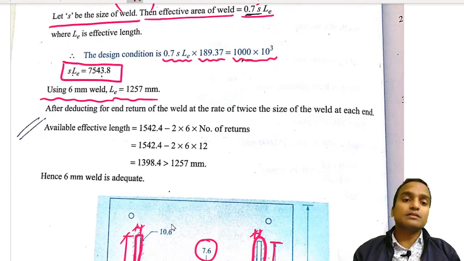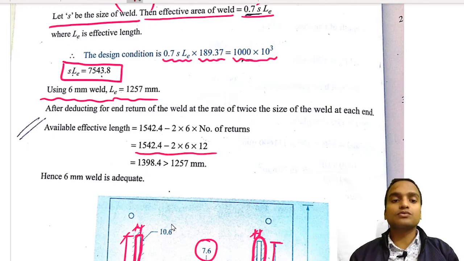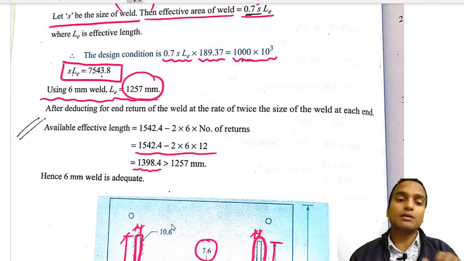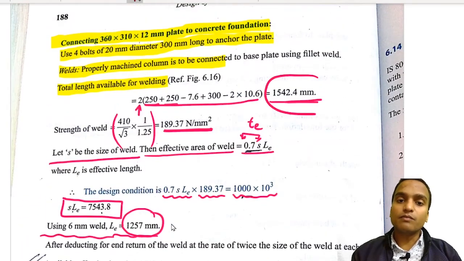And if we provide end returns, we have to do deduction of end returns also, and that is equal to minus 2 times the size of weld into number of returns. So there are 12 returns, and if we do all those, we come out to be 1398.4, which is greater than 1257 millimeter. So this is the required length of weld that we have to do, but here we are doing this much welding,